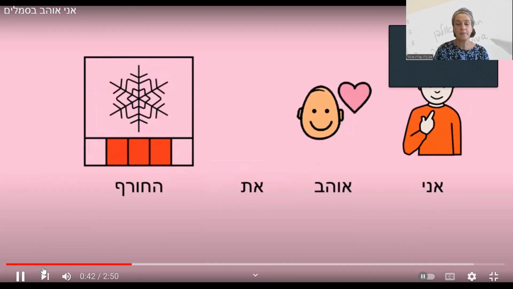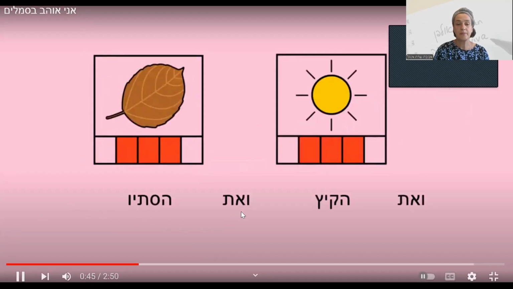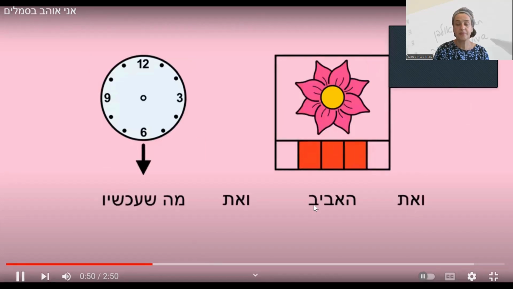אני אוהב את החורף ואת הקיץ ואת הסתיו ואת האביב ואת מה שעכשיו